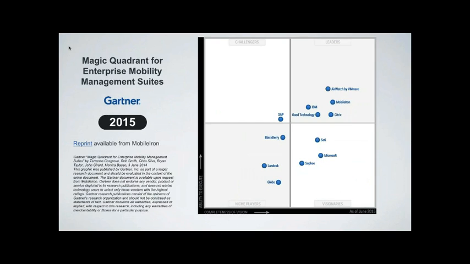As I mentioned a second ago, in the Leaders Quadrant you can see that we are the most visionary according to Gartner. We've been in this top quadrant for a number of years, and we continue to do so. I'd encourage anybody to read the report. It's warts and all,